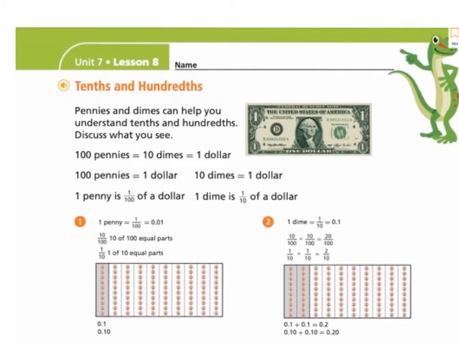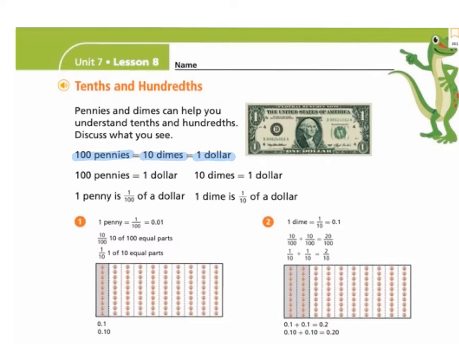On page 361, what they're doing is they are comparing money to fractions. And so up at the top here it says there are 100 pennies, which is the same as 10 dimes, which is the same as $1. So if I gave Luis a dollar bill, and I gave Addison 10 dimes, and I gave Karin 100 pennies,